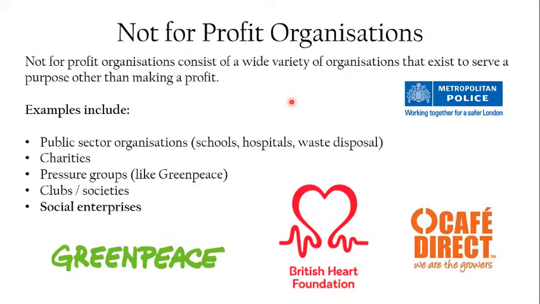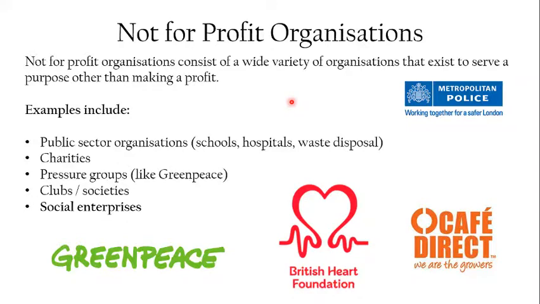We defined businesses in an earlier video as an organisation that comes together with the aim of making a profit, i.e. making sure that their sales revenue exceeds the costs that they incur in producing their product, in order that they've got some excess money left over and they have made a profit. That's what a business tries to do.